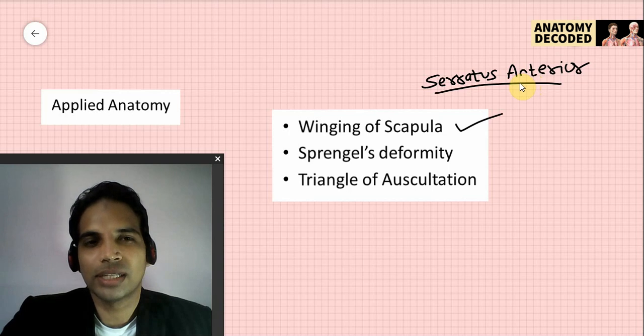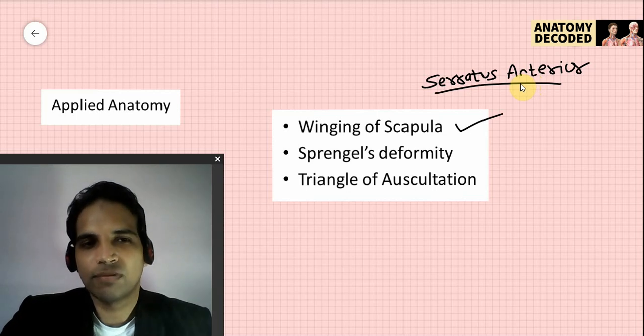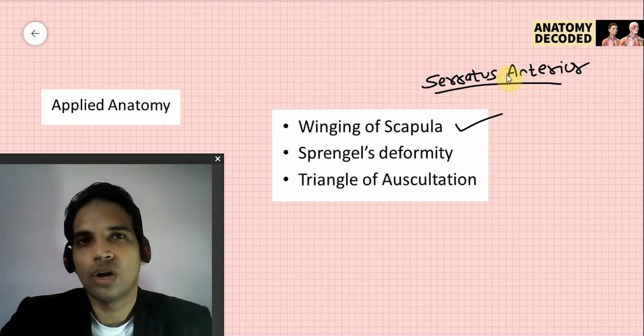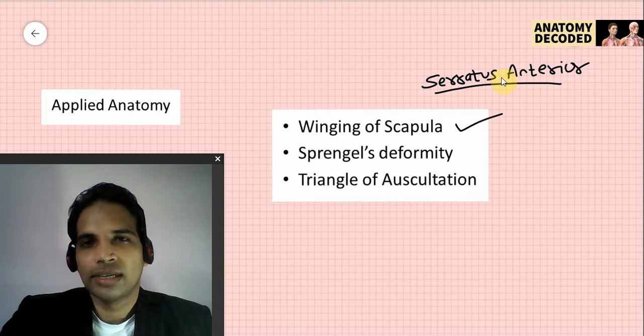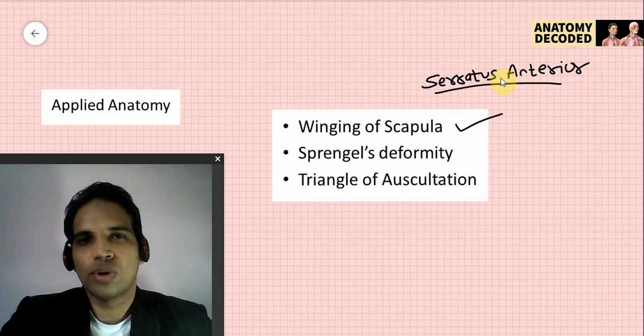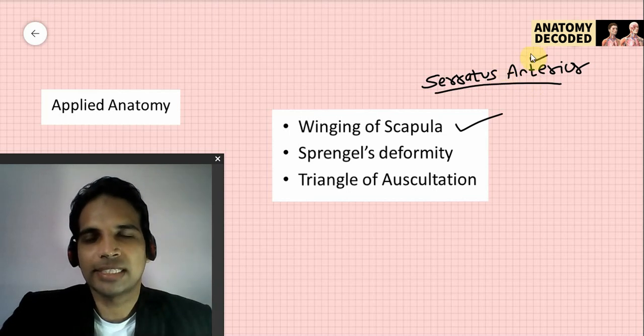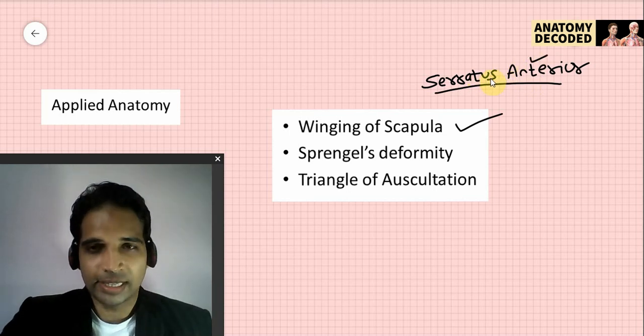It is also called the nerve of Bell. It has one more name, long thoracic nerve. So three names for the same nerve: long thoracic nerve, nerve of Bell, nerve to serratus anterior. The action of serratus anterior is pushing movements. Pushing or the protraction movements of the scapula are done by serratus anterior, and when this gets paralyzed,